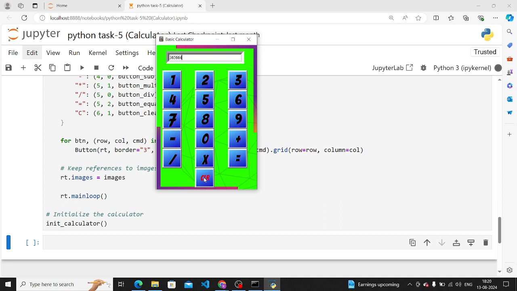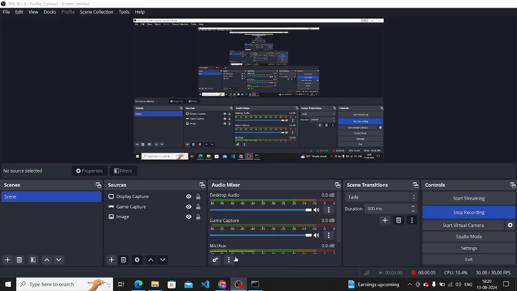By clicking on the clear function, all the stored number and operation will be deleted from your basic calculator. Again you can use your basic calculator for another calculation. So here is your result, and after clicking on clear, everything will be deleted. So this is how your basic calculator will work, and this is how you have to make your basic calculator using the GUI interface, with the Tkinter library and PIL library. I hope your task 4 is very